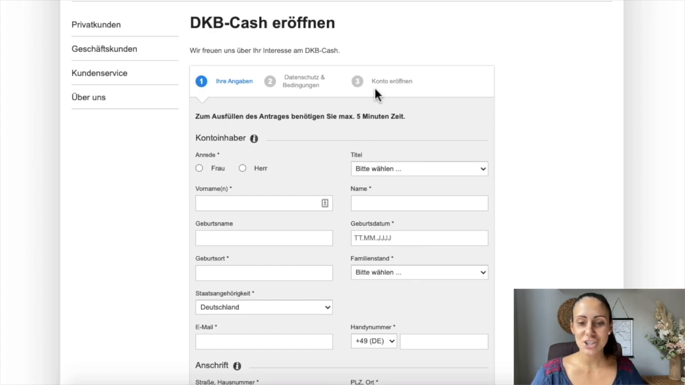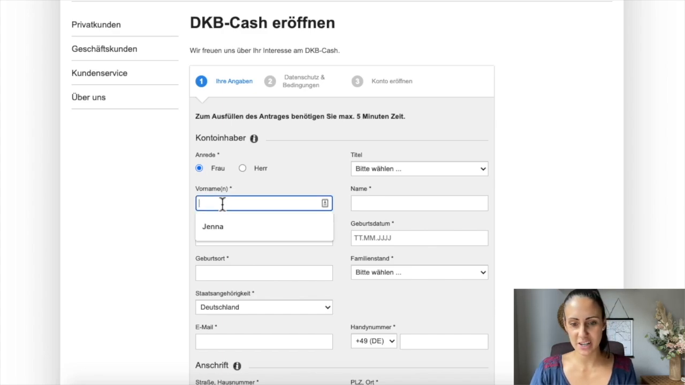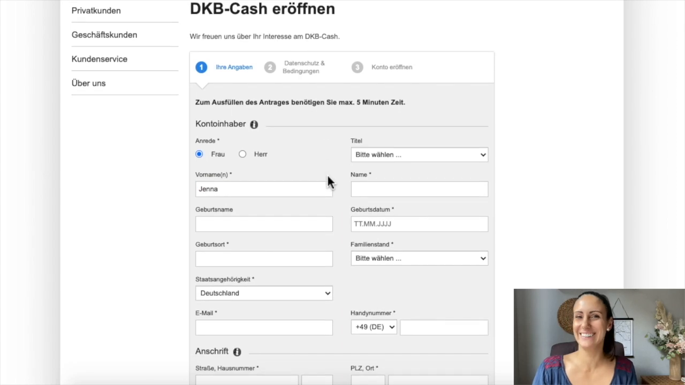So it is just as simple as creating an account perhaps at one of the English banks like N26 or bunq. However, it's in German. So we're going to go through that. Anrede means are you a woman or a man? Frau is woman, Herr is Mann. Here where it says Vorname, you're going to write your first name. Let's write Jenna. The rest of this information is not going to be accurate,